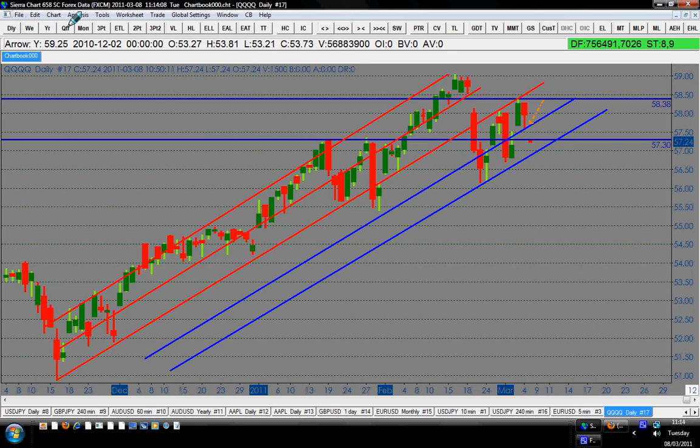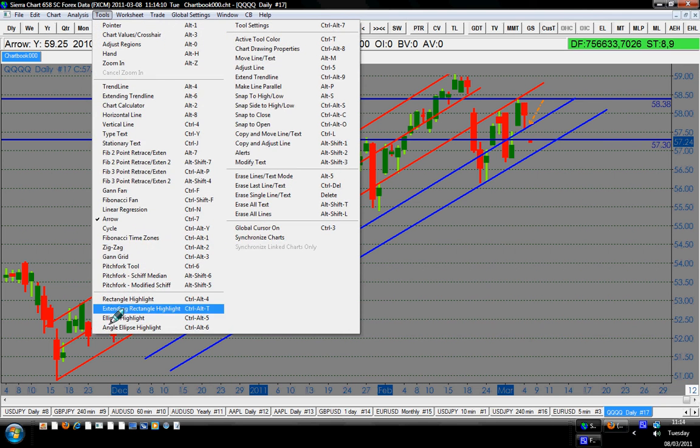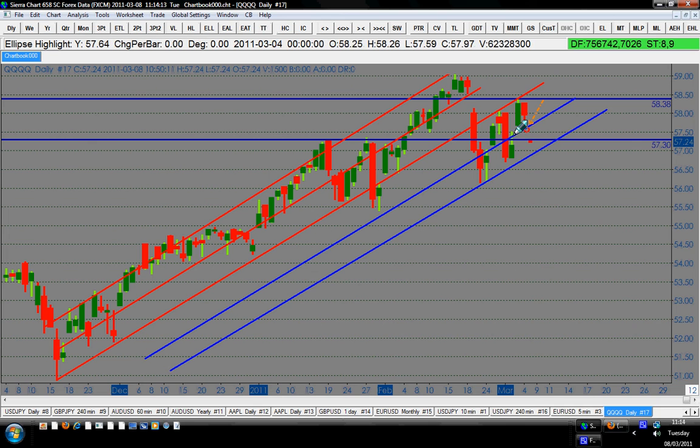Now what I'll do, I put a small spotlight here. You see the tail of this red candle that came down here. Okay, now the best scenario, if the price manages to come back above this zone of 5750,